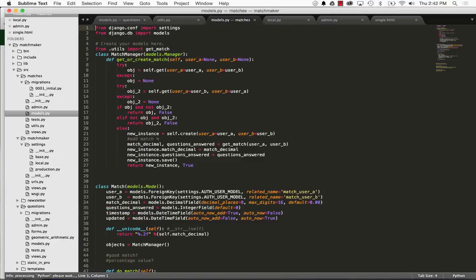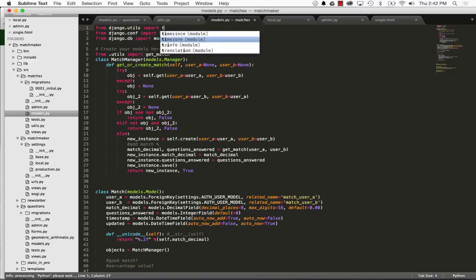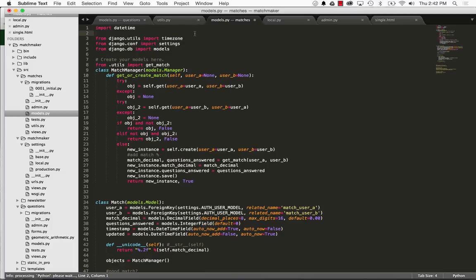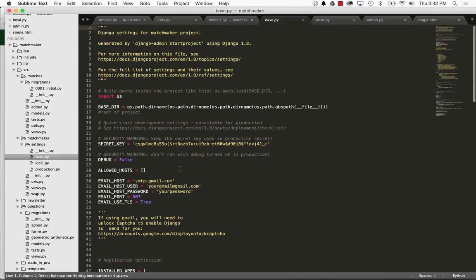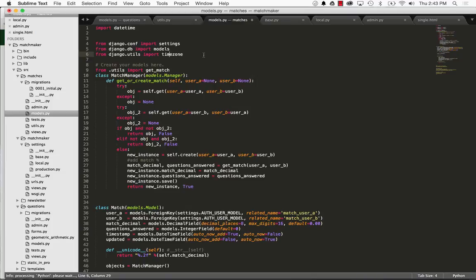I have to do some imports on our models, and we'll do from django.utils import timezone. And then above that, we'll do import datetime. So datetime, of course, is a Python module, where utils timezone is a Django module. And the timezone has to do with how your database is actually stored, so in your settings. Just like what we've discussed before, but if you go into base and go down to here, this timezone, that is what it's going off of. There are ways to make this a little bit more precise, but for us, it doesn't have to be exactly precise. We just want to make sure that we are updating it